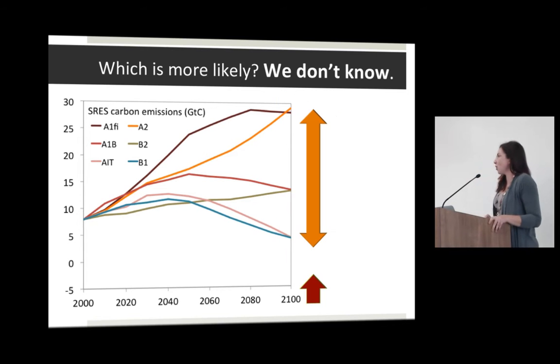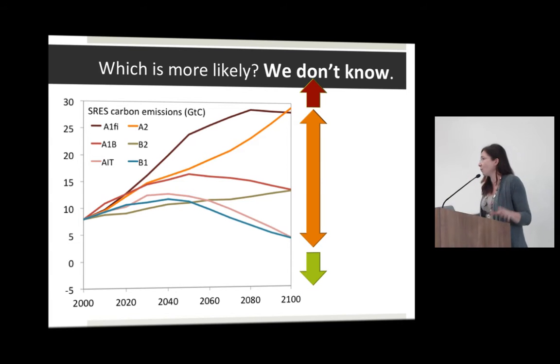So the IPCC knew this, and so in the fine print where nobody ever reads it, they very explicitly said you cannot assign a likelihood to any of these scenarios because you can't predict human behavior. In fact, there's a chance it could be above or below because you never know what's going to happen. So what do I do when I try to develop projections for, say, the city of Austin's water supply? Or the health department for Washington, D.C. is worried about the impact of heat waves on health.